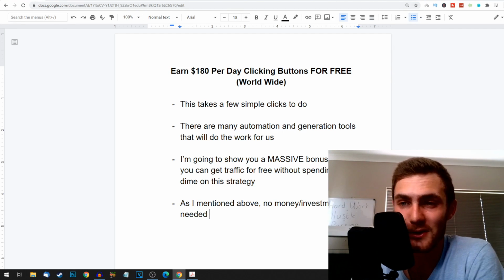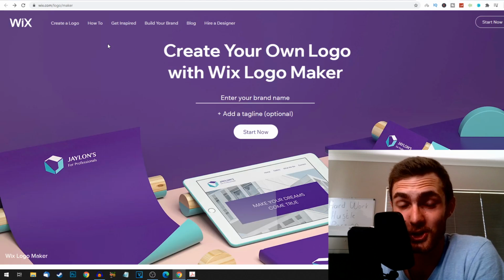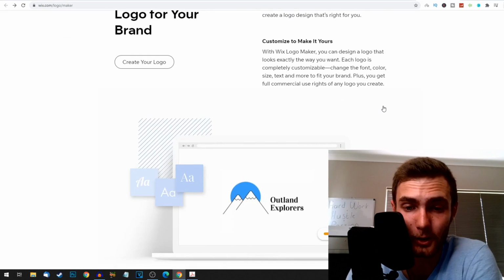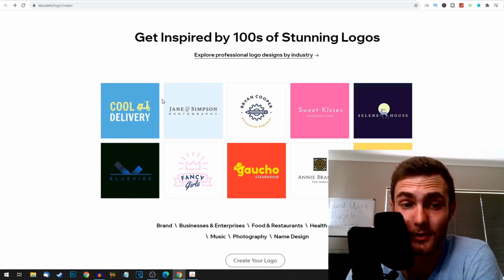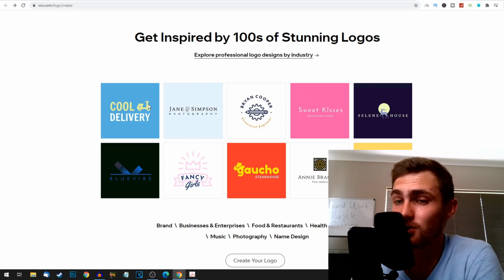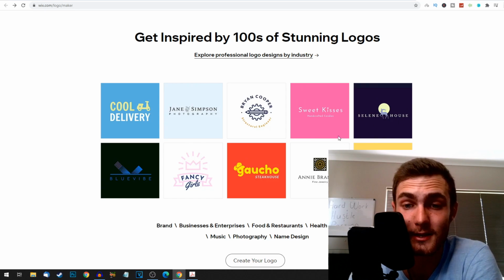So the free tool that we are talking about is wix.com/logo maker, and this is one of the most professional logo design tools that I've seen online for a very long time. And if I scroll down a bit, have a look at this. These are some of the templates that you can go and generate at the touch of a button. Literally clicking one or two buttons, you can go and generate these and make good money online with this,